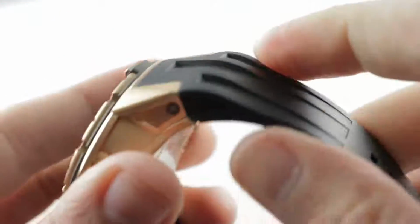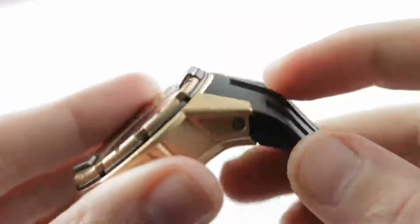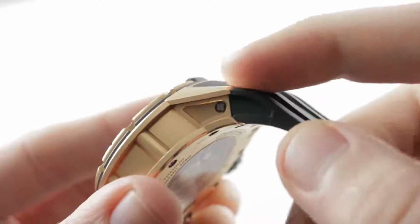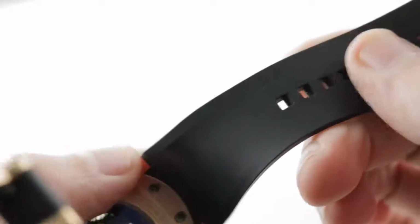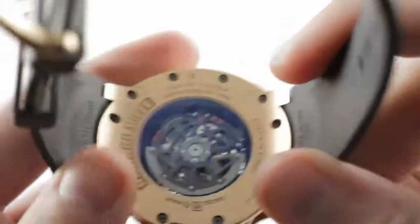Now let's talk a little bit about the strap, because it's integral to the case and integral to the look. As you can see, it is very consistent. Not only does it perfectly match the slope of the lugs when viewed from the side, it also matches the taper of the lugs when viewed from the top, and it features a little bit of the hollowed profile of the case band that continues into the strap. There are striations to give it a bit more definition, and then you can see it actually thins out considerably as it moves toward its bottom, and there are air pockets inside to allow the wrist to aerate a bit,